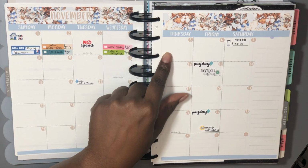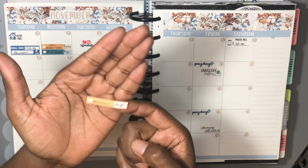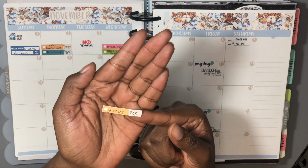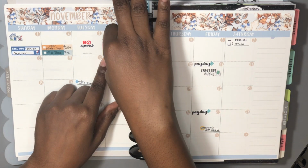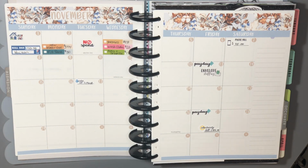All right, so next for the 5th, actually I have one more transaction from the 4th. This was from personal spending. I did go over budget technically for my grocery category by $9.91, and the difference came from personal spending. So let me just put that on here. And then now for the 5th,